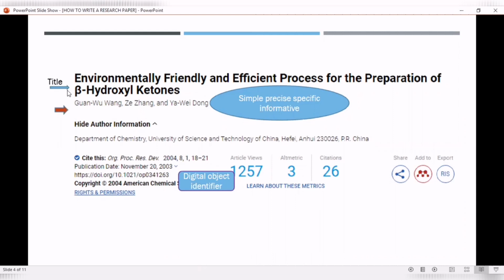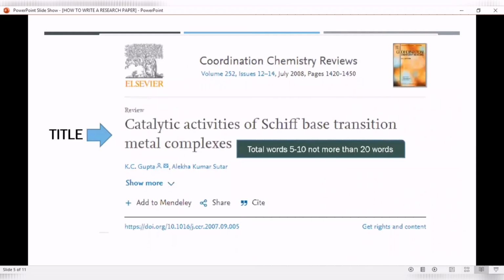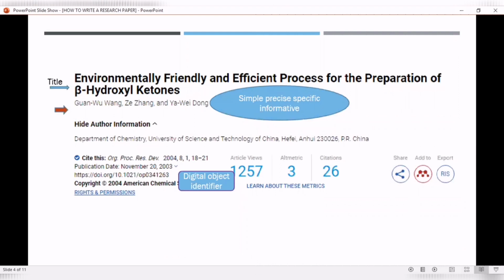This is an example of a title of a research article, and the title of that research article is environmentally friendly and efficient process for the preparation of beta hydroxyl ketone. Some additional requirements before writing the title of your research article: your title must be simple, precise, specific, and informative. One more suggestion is that your title must include one or two keywords from your research